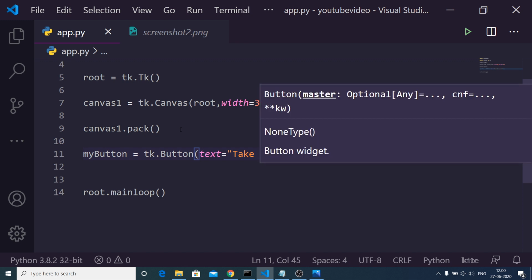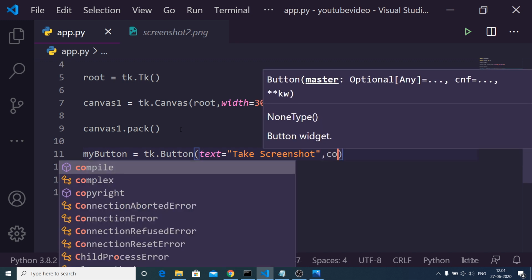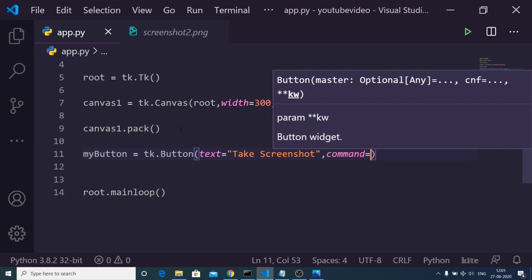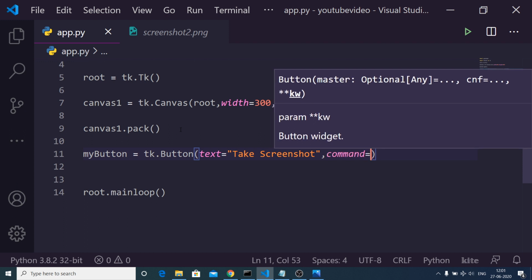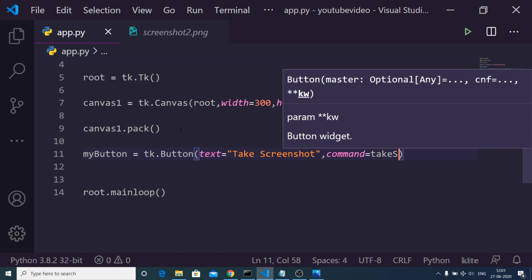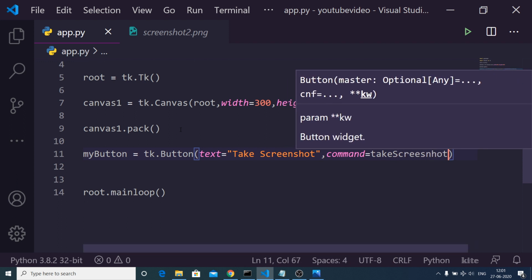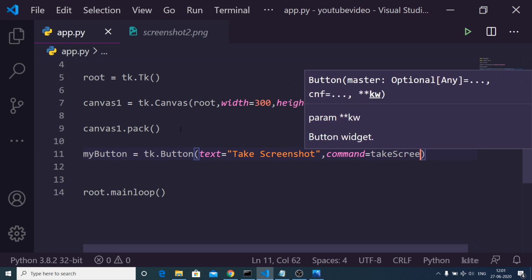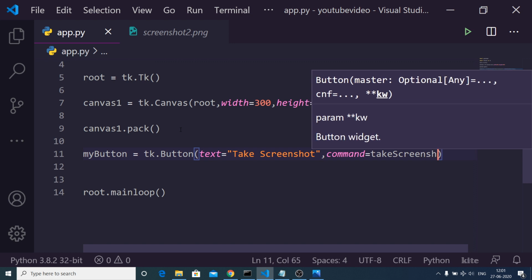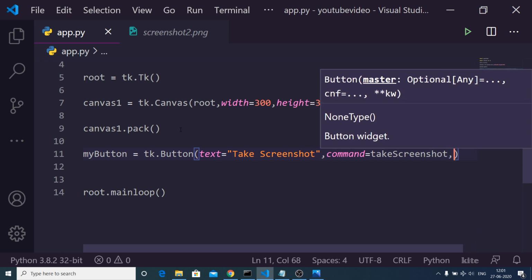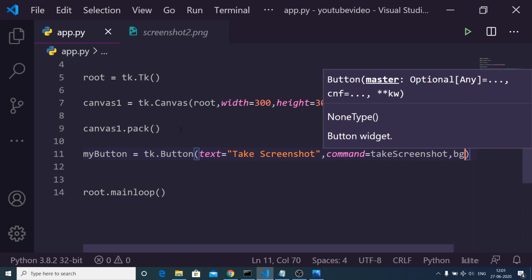The second attribute it takes is a command. Whenever you click the button, this function will execute. We will make this function, which is take screenshot. The third variable it takes is the background color, which stands for bg.